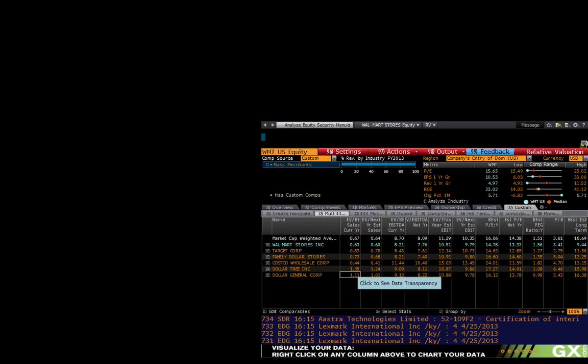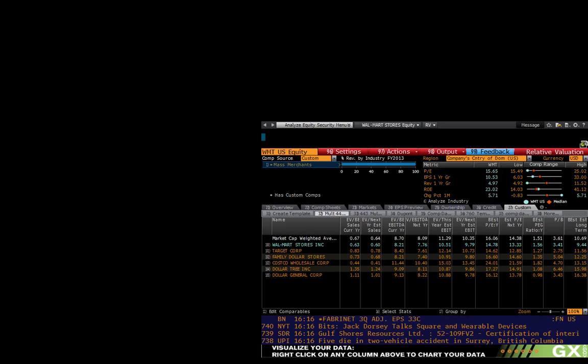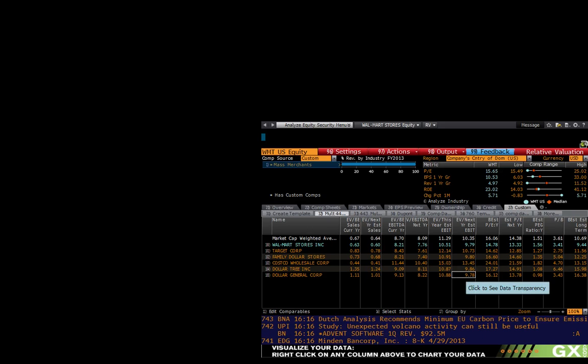A little bit better EV to sales, but that's the point. I think that slightly lower, though still positive spread ROIC, and fast growth gets them those multiples. But that's the point. It's pretty clear that Dollar Tree and Dollar General probably have the lowest ROICs in the industry. So what you're really trying to do in this analysis is come up with a relative ranking of the